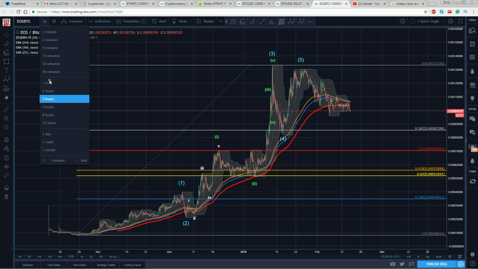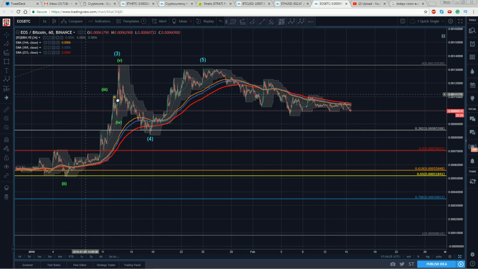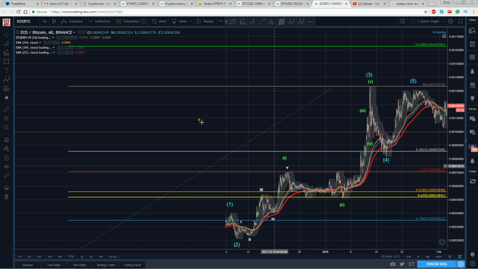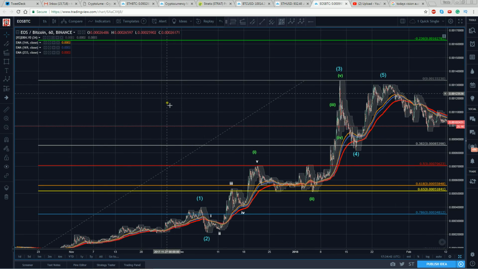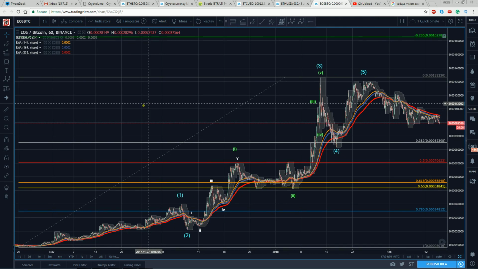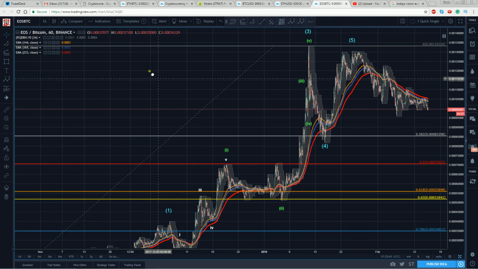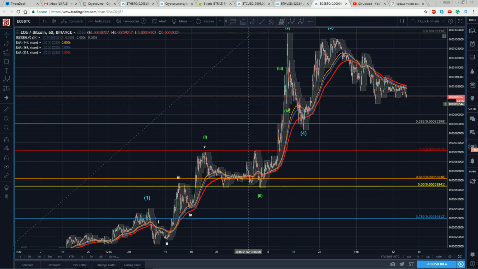So let me take that down to an hourly and show you this. If we now dig into the subdivision here, this is the first thing that's a little problematic because it's somewhat unconventional. We see here we get this double bottom here, right? It's exact. So you've got to look at that and go, this correction. So we get an ABC here, but then this move here is 5 waves. So this is a little tricky here.